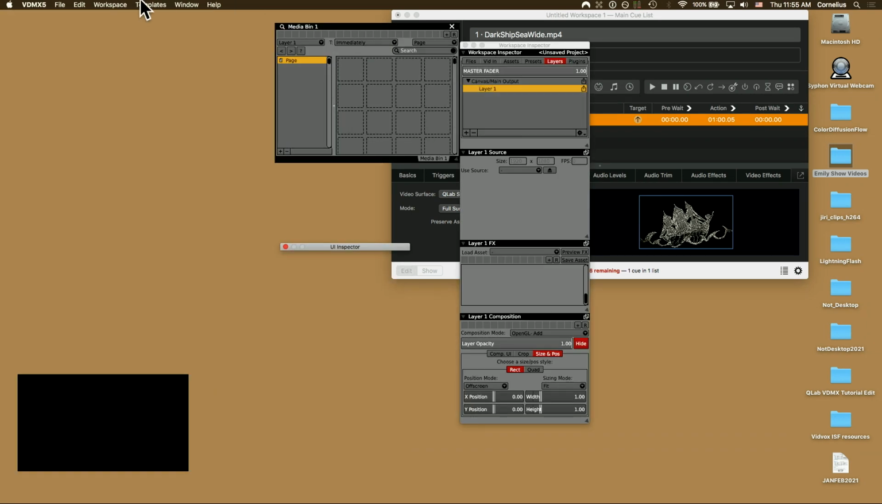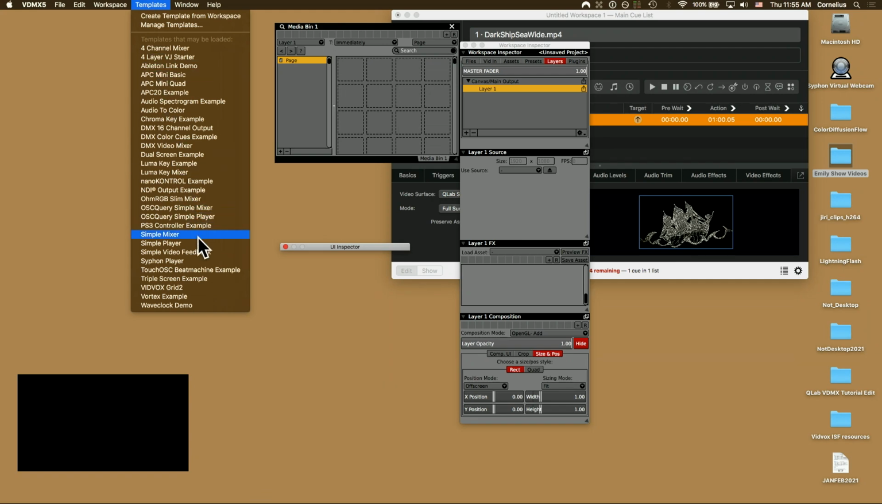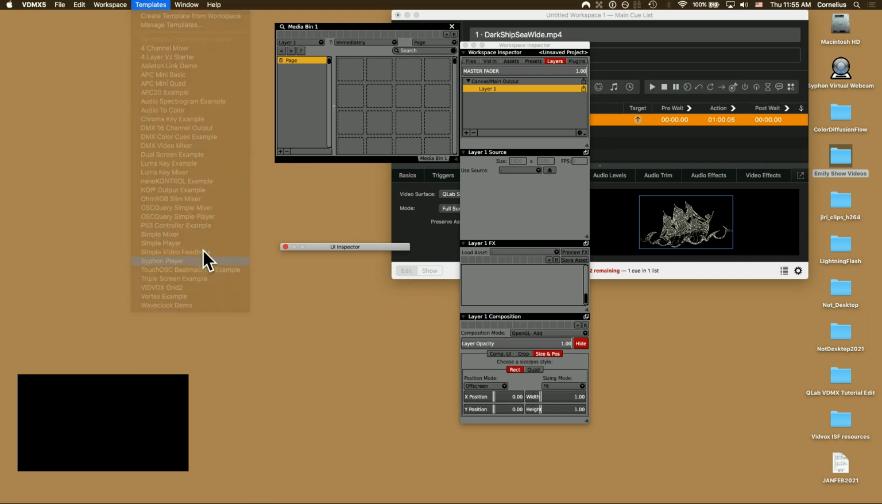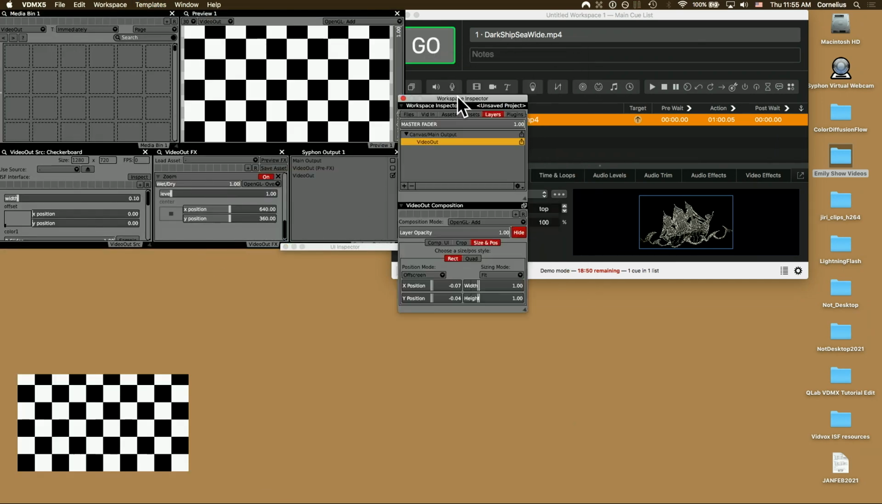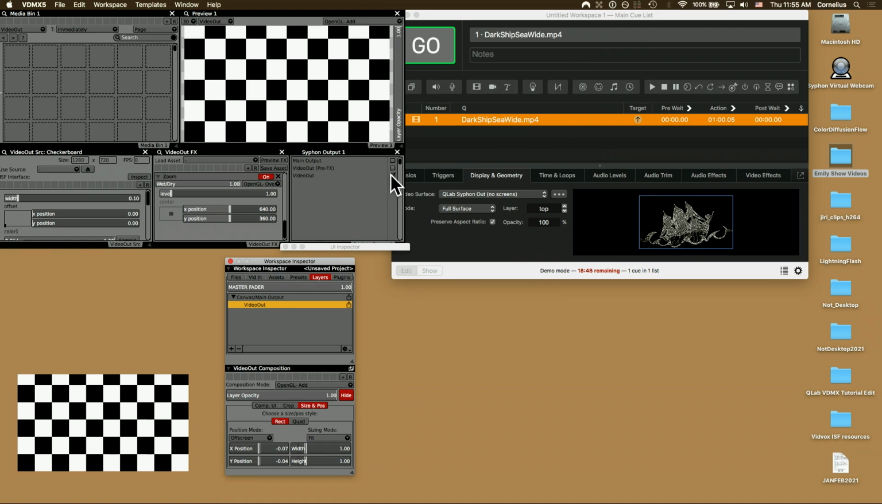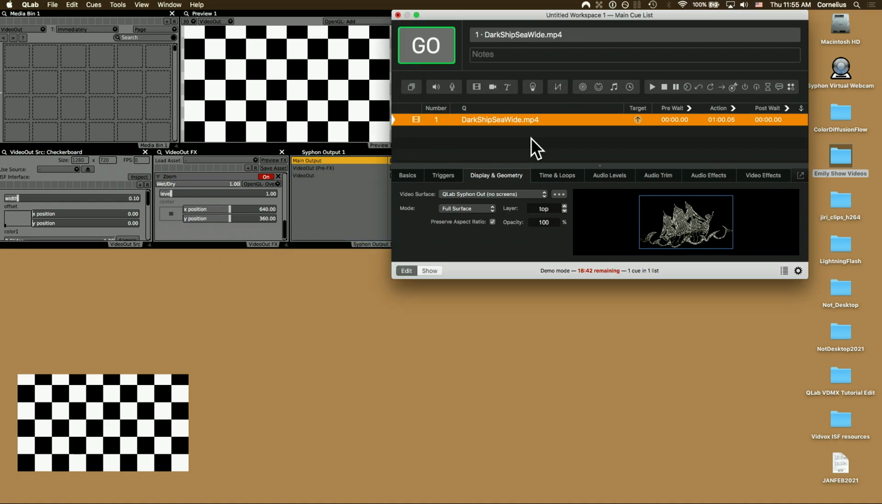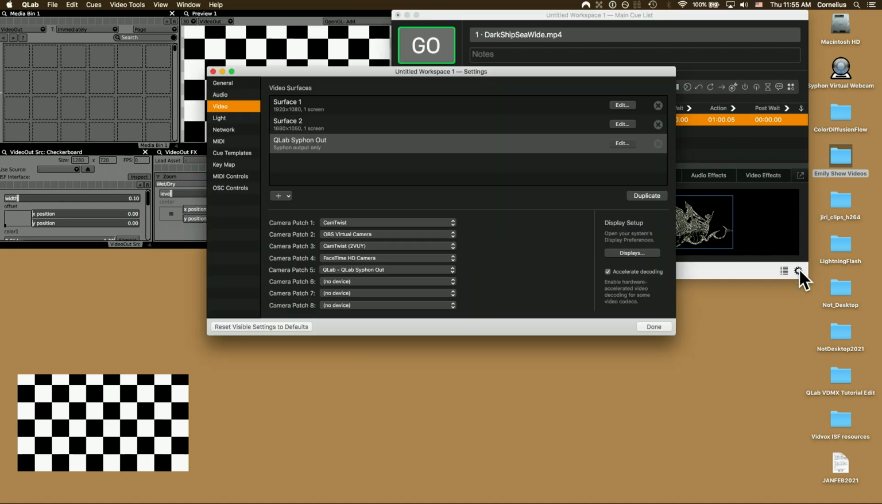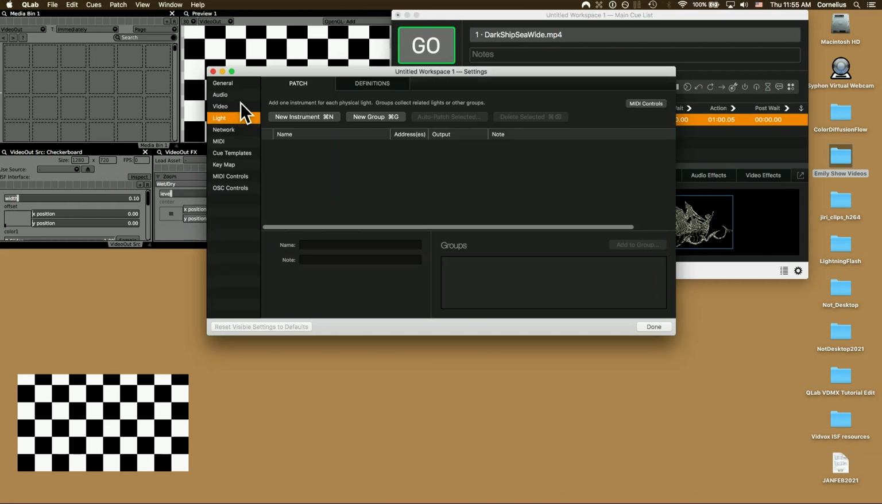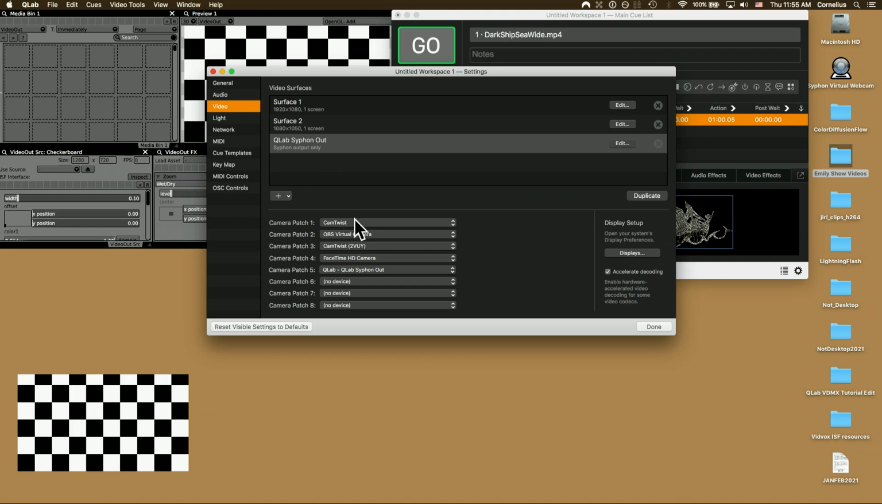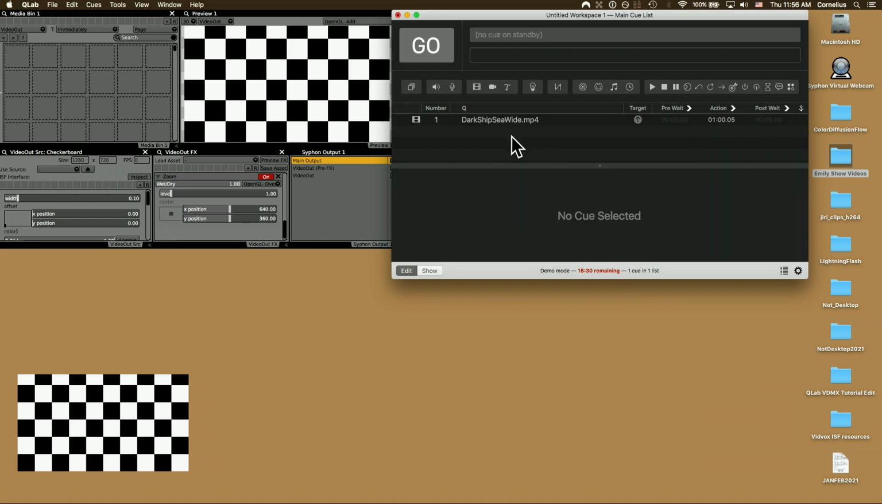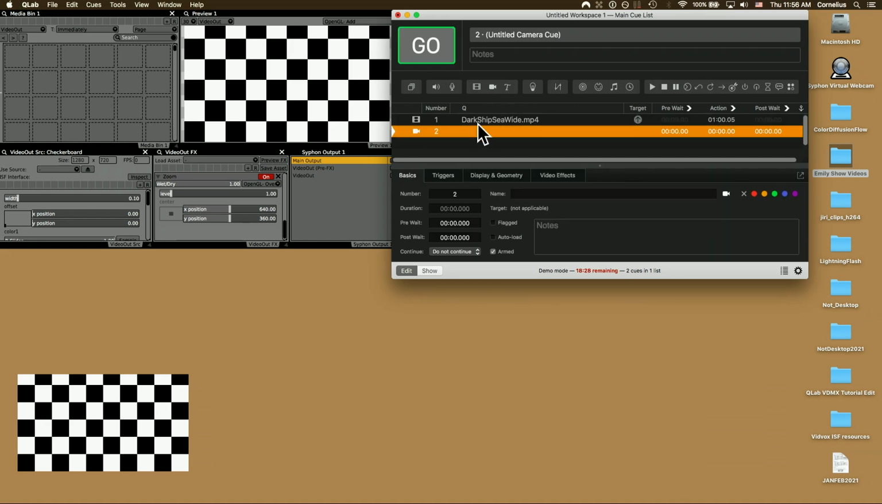When VDMX opens, I'm just going to click on templates and go to Syphon player. I'm going to take this video out and I'm actually going to select the main output for right now. If I go back to the settings under the video tab of QLab, you can see where it says camera patch. I'm going to make sure that I select VDMX's main output. Hit done. Now if I add a camera,